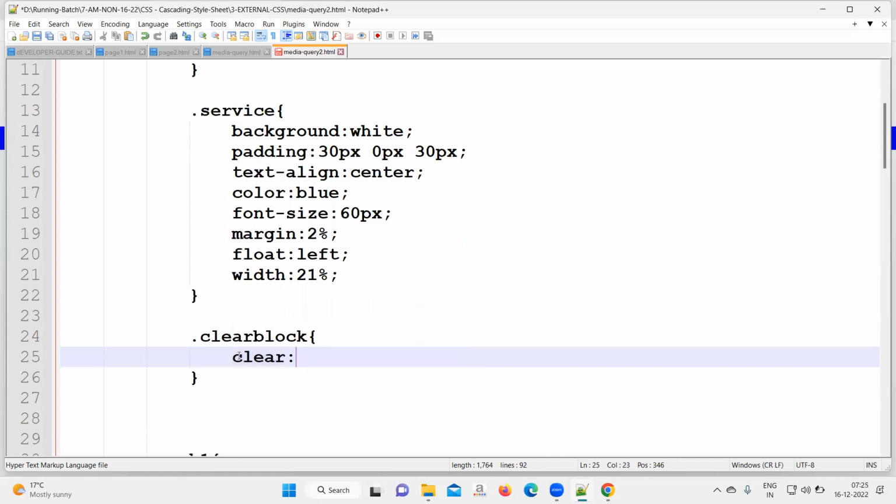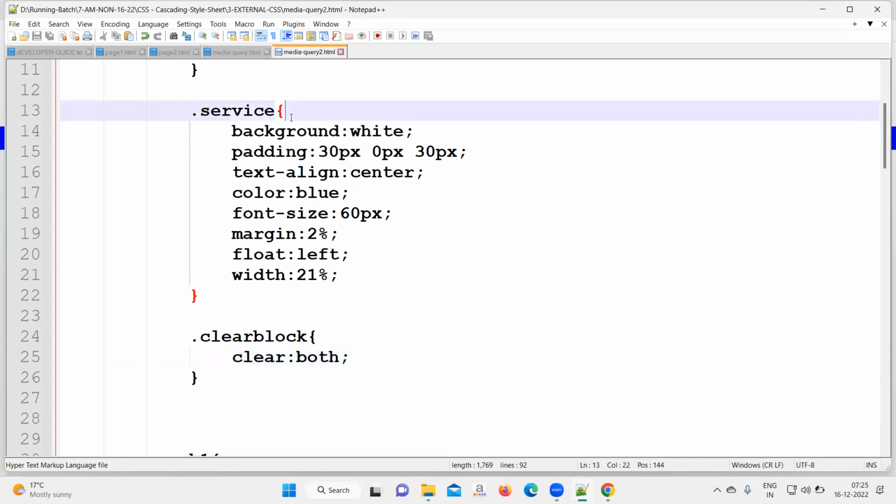Clear colon both. The reason to write this clear colon both